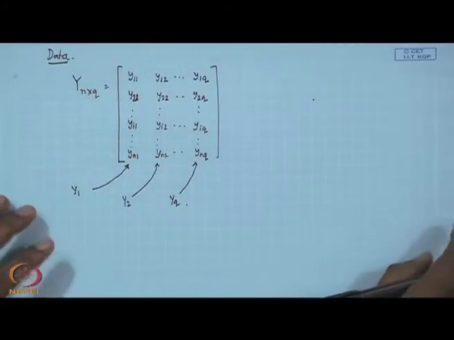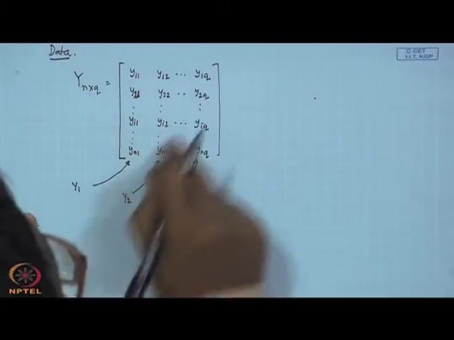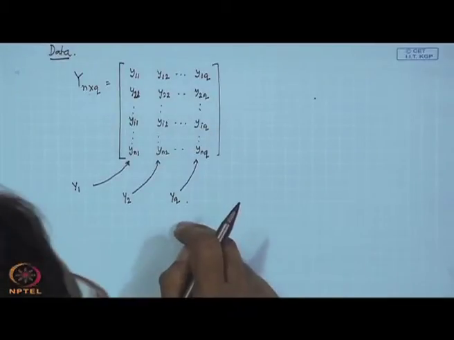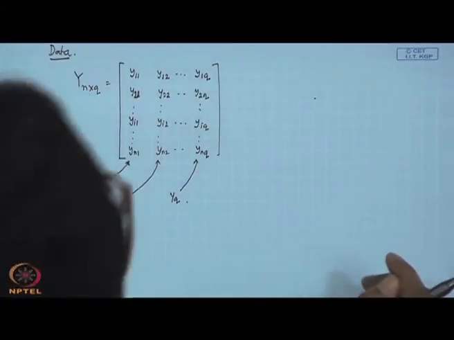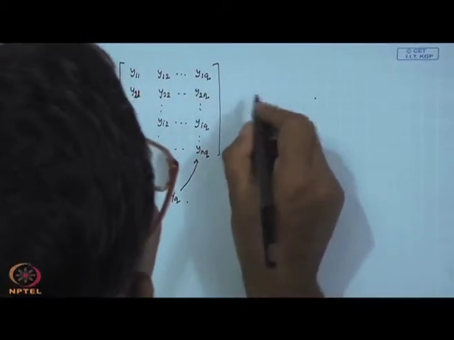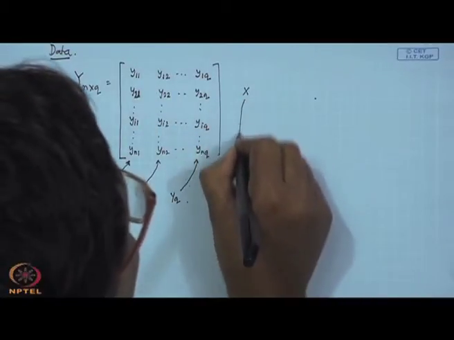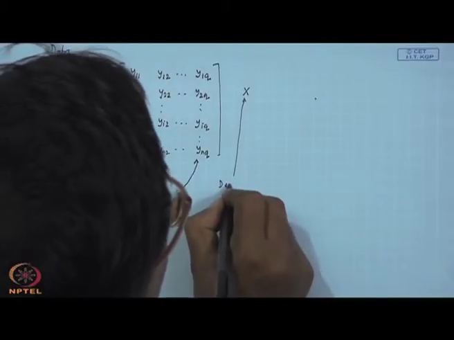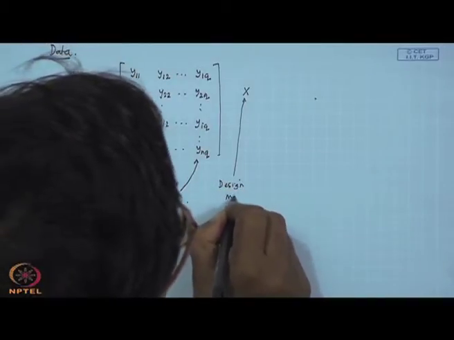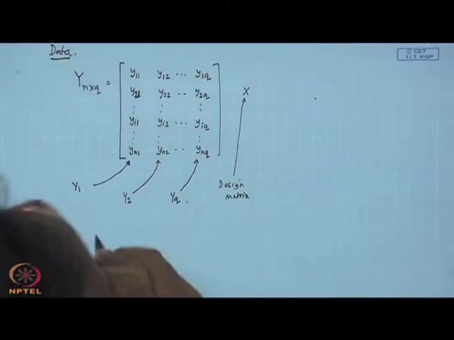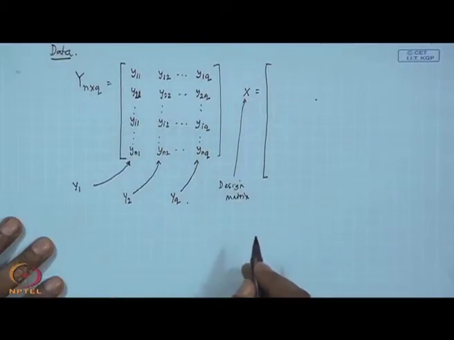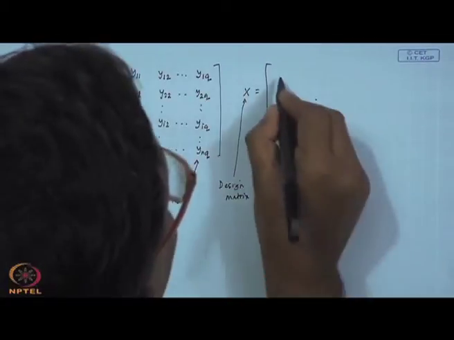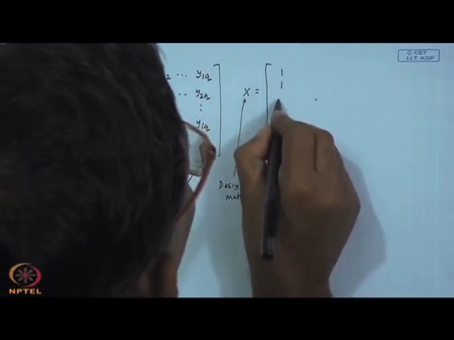Now, so long you are not collecting this data, these all data points are random, and we will describe later that we assume multivariate normality. Then your another data point is x, which we talk about as design matrix in this case, correct. So, if I say design matrix, then how many variables will be there? P variables plus constant. So, all 1.